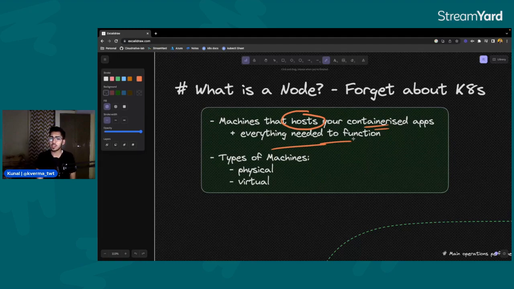Just understand that. Now, there can be different types of machines. You can have physical nodes, physical servers running at your house or your organization, or you can have virtual servers or virtual machines. Usually, when we talk about a local Kubernetes cluster, or whenever someone talks about learning or using Kubernetes, we are generally referring to these nodes as being virtual. Generally, we use the term nodes with virtual machines, but it might be the case that you are using Raspberry Pis or certain types of hardware to run these nodes. In that case, those would be physical machines or physical nodes. I hope you got the gist of what a node is, and we'll study more when we dive into the architecture as well.